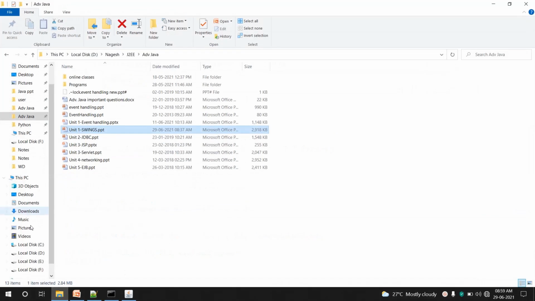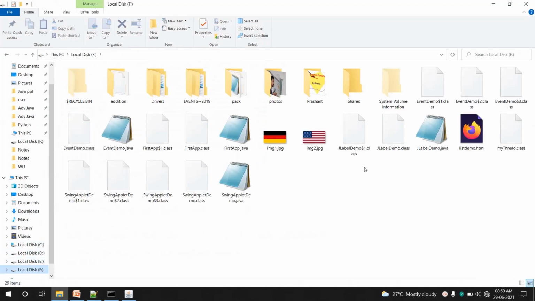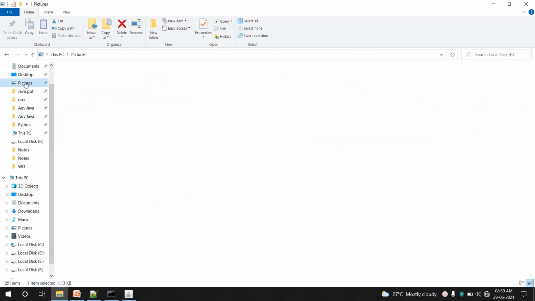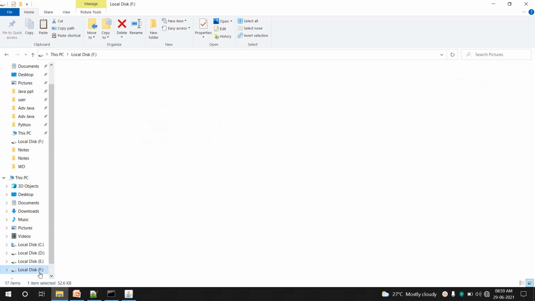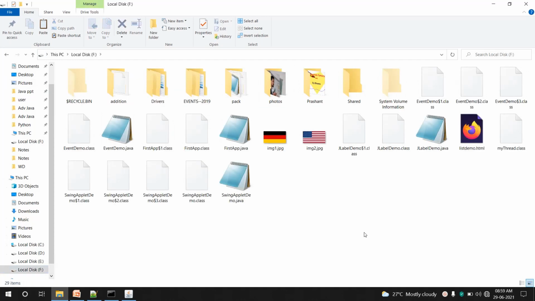The file is saved in F drive, I said. So in the F drive we will see if there is b1.jpg. If you look here, there is no image with the name b1.jpg. So the image does not exist. So I'll take an image. I'll just check in the pictures folder if we have any image. I'll take this image, copy it from here and paste it in F drive. The name is escape here.